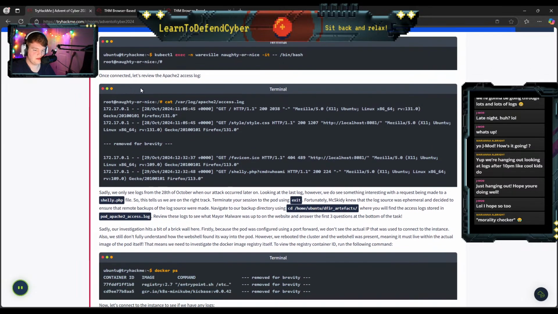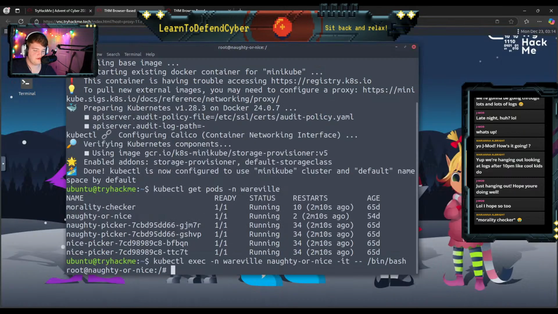Let's review the Apache 2 access log. Morality checker. So if we just cat out the var log Apache 2 access log, which I'm just going to copy for speed's sake, cat is used to dump out the contents of a file.